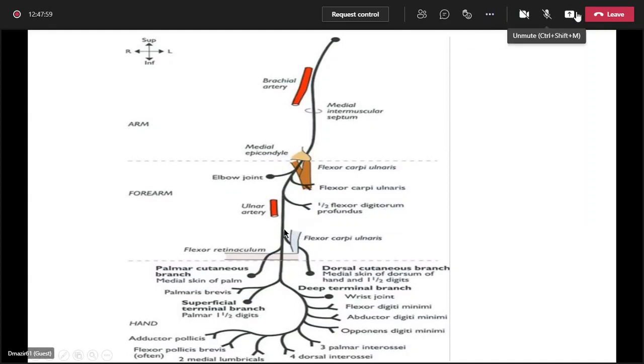Then it gives a palmar cutaneous branch,